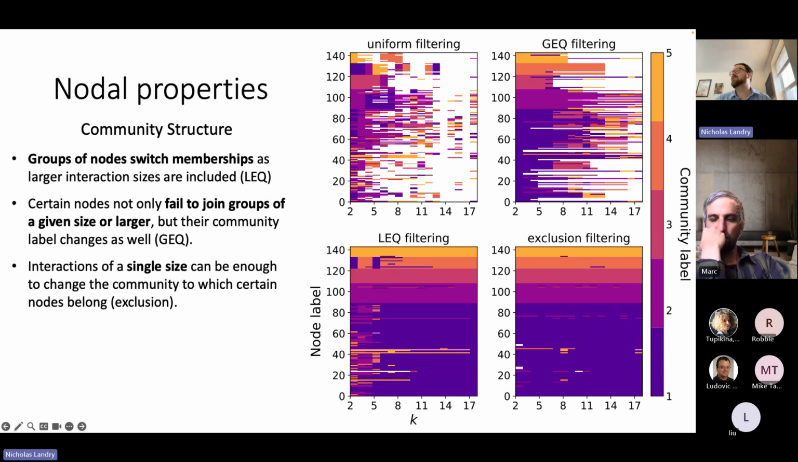And then lastly, if I look at the bottom right here, this is the exclusion filtering. Recall, I'm just excluding a single interaction size. And what you should notice here is that certain nodes will flip their communities if you exclude a certain interaction size. So this just gives you some general insights as far as the things we can learn at different scales